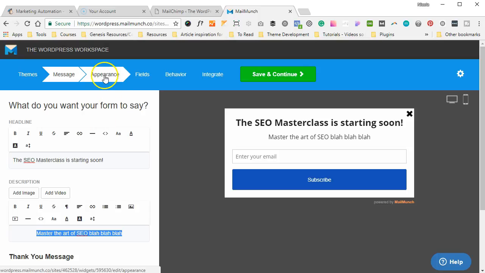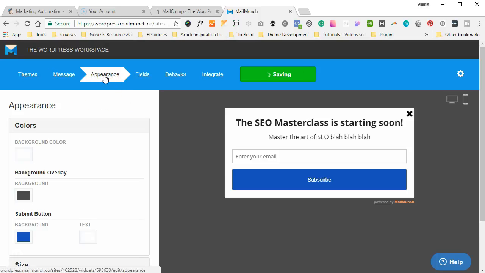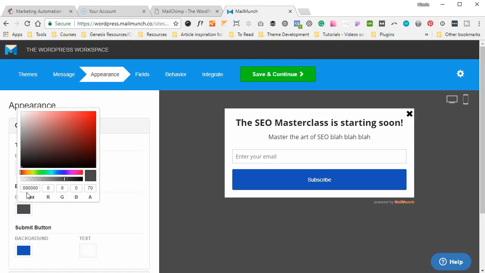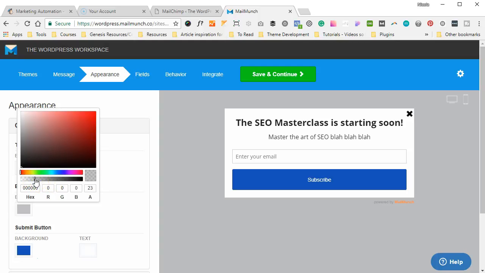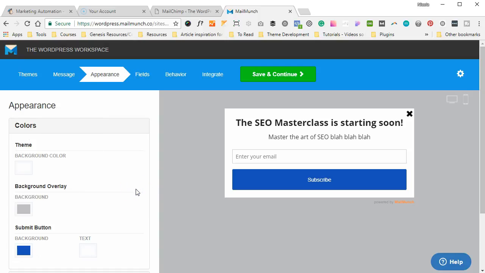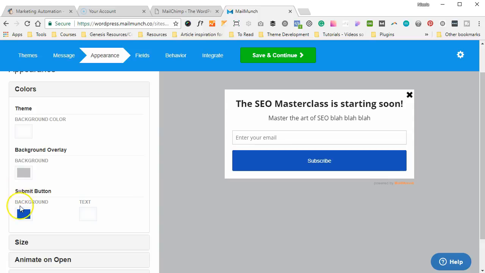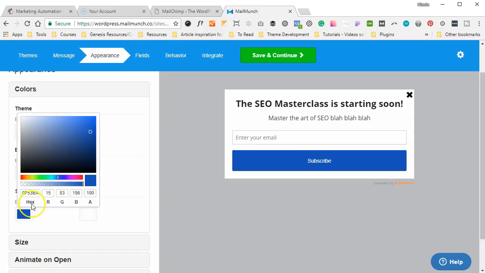If you click on over to appearance, this will then bring up the coloring. So the background overlay, you can change, so that's the background color here that you can see. Nice thing is you can make it a little bit transparent, and then you can still see the website in the background. You can change background color. You can change the color of your